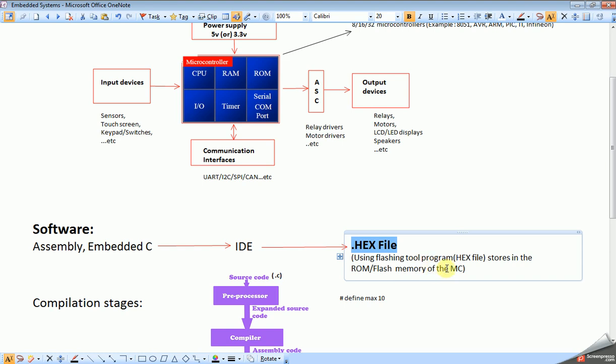Using a flashing tool, the hex file will be stored in the microcontroller's ROM or flash memory. Based on the hex file stored in the microcontroller ROM memory, the microcontroller performs according to the program logic for a specific real-time application.